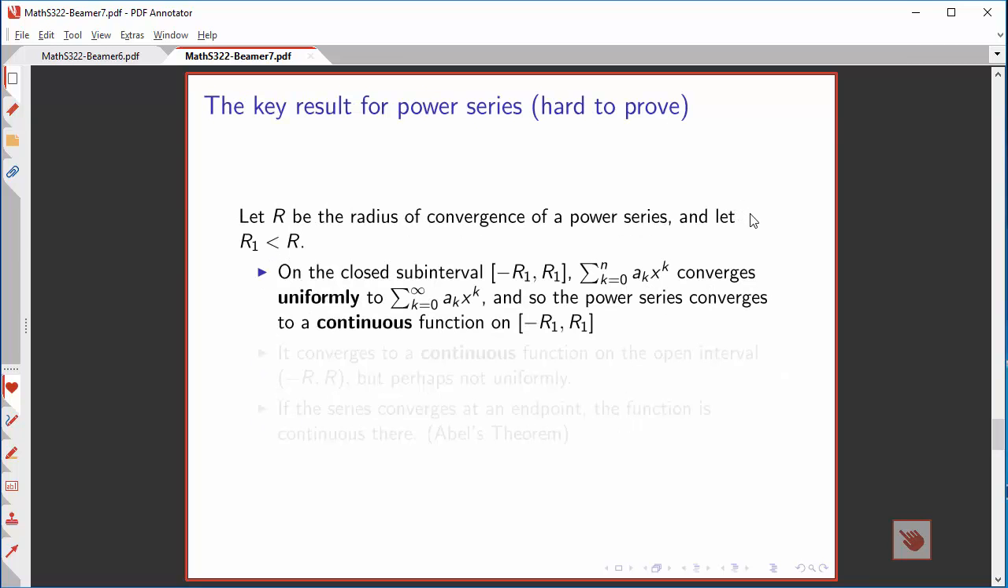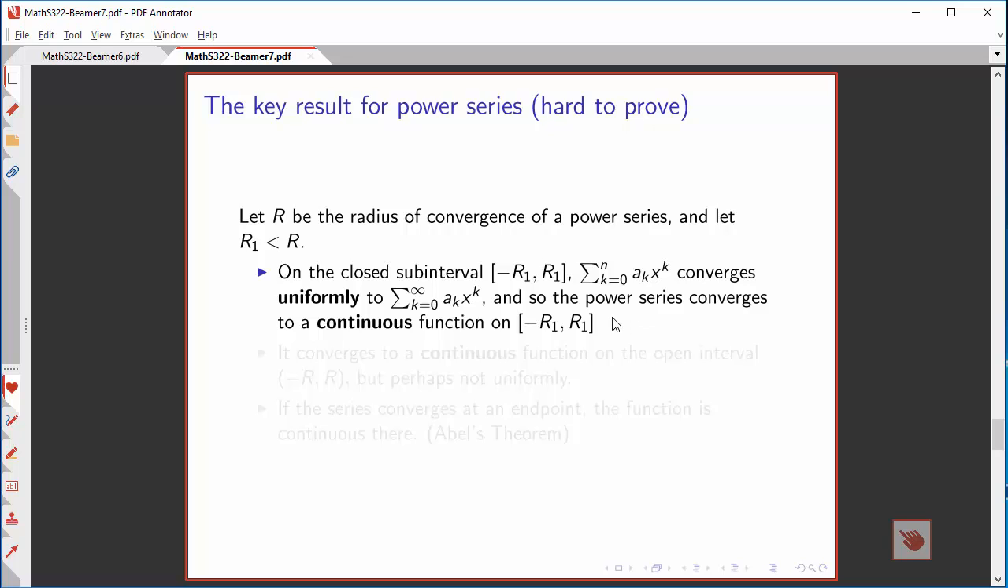Now here's the key result. It's hard to state and even more difficult to prove. I'll denote by capital R the radius of convergence of a power series, and I'll choose some value R1 that's positive but less than R. In that case, I can prove that on the closed subinterval from minus R1 to R1, the power series not only converges, it converges uniformly, and by the result I just stated, the power series therefore converges to a continuous